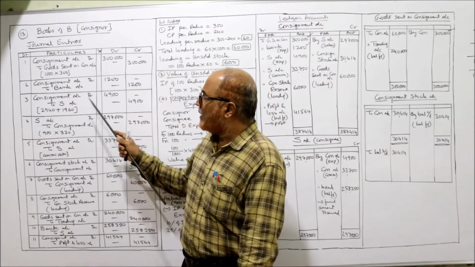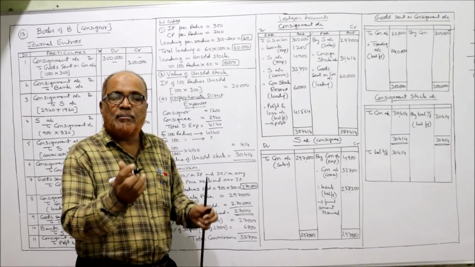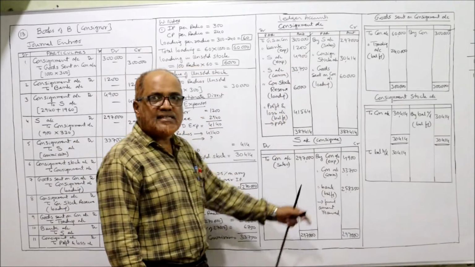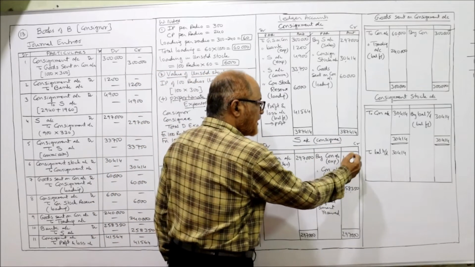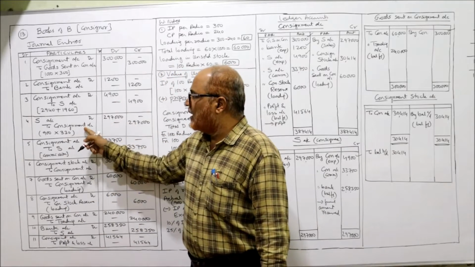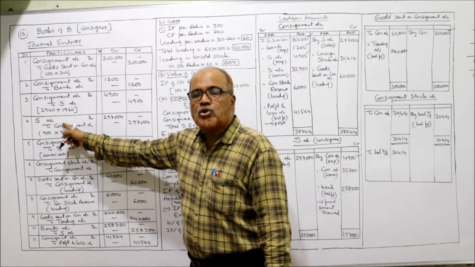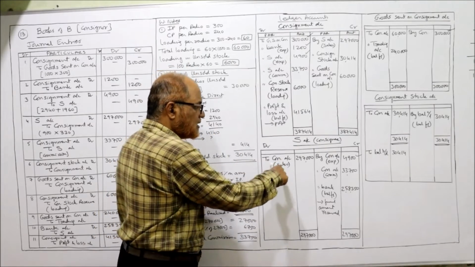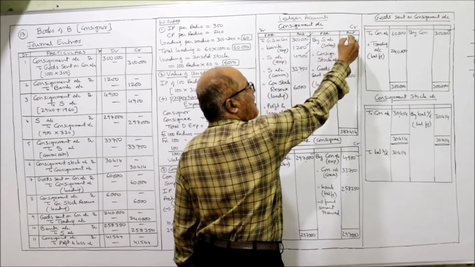Next entry, consignment account debit to S account 4,900. Consignment account debit side to S account 4,900. And the S account should be credited by consignment expenses 4,900. This entry is posted. Now S account debit to consignment, sale proceeds. The S account should be debited and consignment should be credited. So S account debit side to consignment sales, and consignment account credited by S account sales,